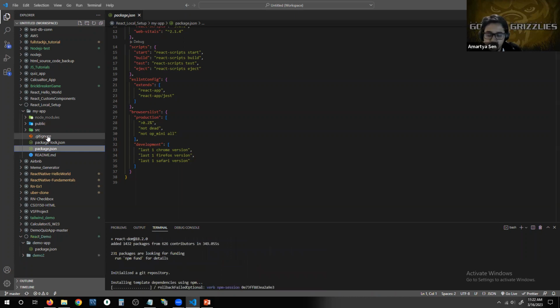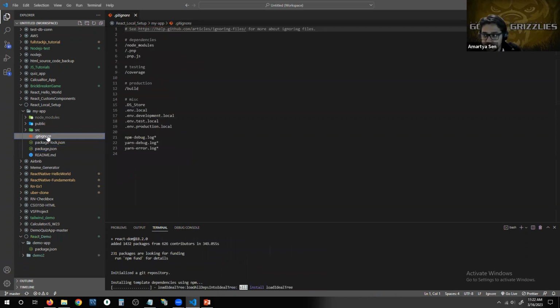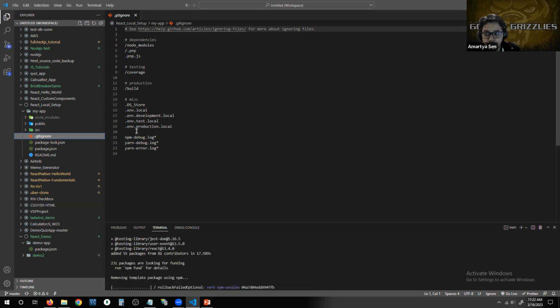It comes with a .gitignore file as well, no doubt about it, because you don't want to push your node_modules folder up to GitHub. You just want to push your package.json file. In addition to that, React.js also lists the folders, even if they are not there, which should not be pushed. Okay, so other than that,